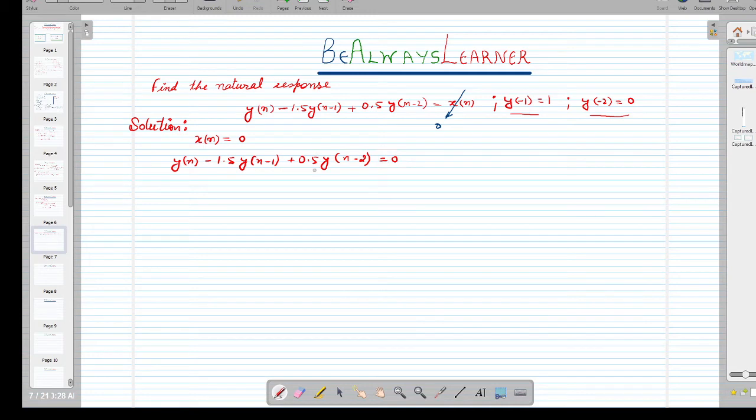I am putting here. So for that we have to propose the homogeneous solution, standard homogeneous solution, that is